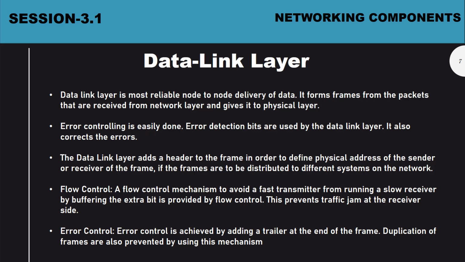When the packet comes to the data link layer, it will check for errors. If the packet is the same as it was here, then it will be okay. For the checking, they use CRC and some types of algorithms. Those are a different topic. So the data link layer is used for error controlling, and it's also used for flow control.